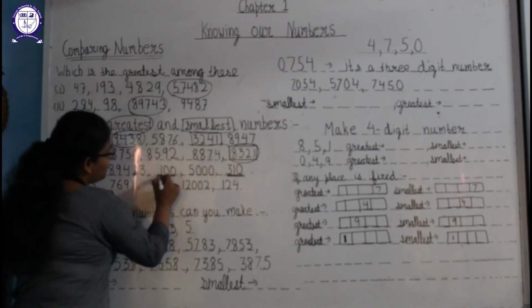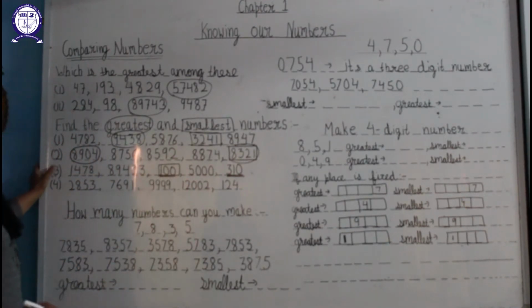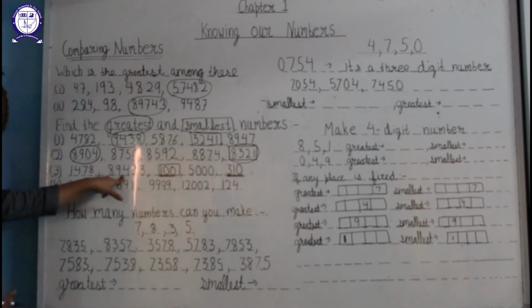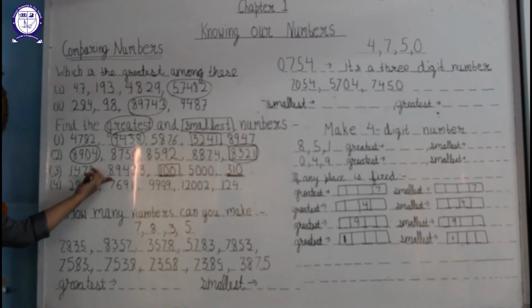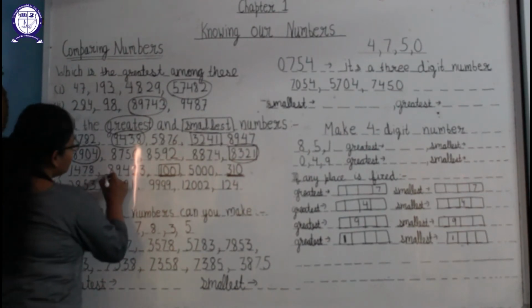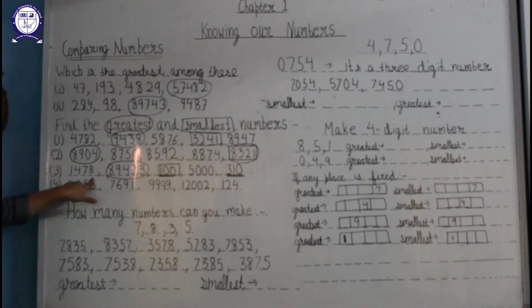So from the third part we can say that 100 is the smallest digit. Now we will talk about the greatest number. What will be the greatest number from these? As we have seen, we have compared the digits of the numbers. This is 4-digit, this is 5-digit, and this is 4-digit. So the 5-digit number will be the greatest, and there is no other 5-digit number, so we are not able to compare it with the other digit. So we can easily say that 29,423 is the greatest number.